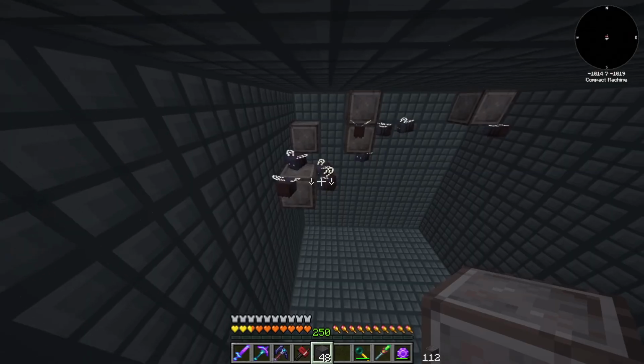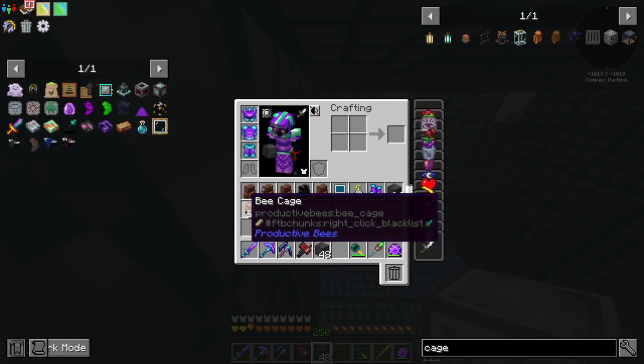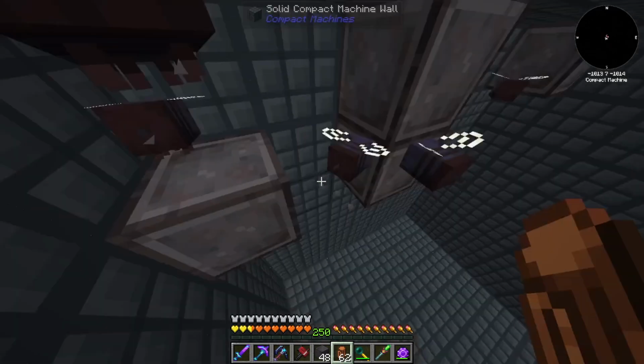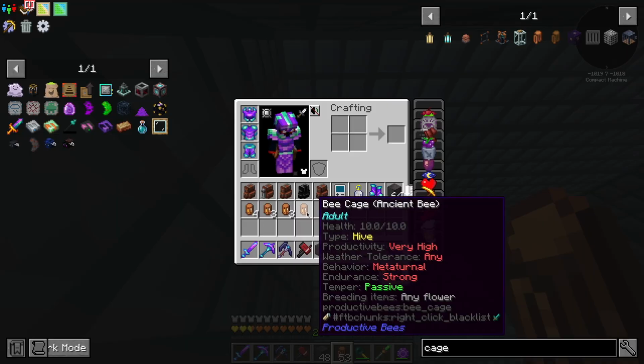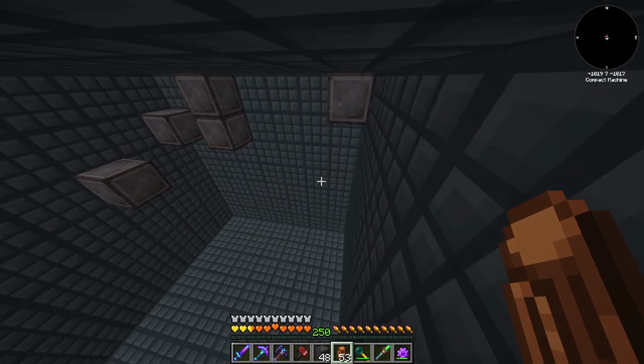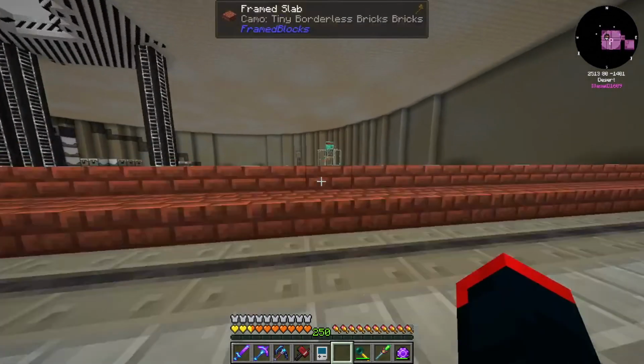So yeah, that's just the ancient bee. Now get some of the bee cage. I am actually gonna get some more sturdy bee cage. I don't have that right now. This much should be more than enough. And now that I have this, what I'm gonna do is